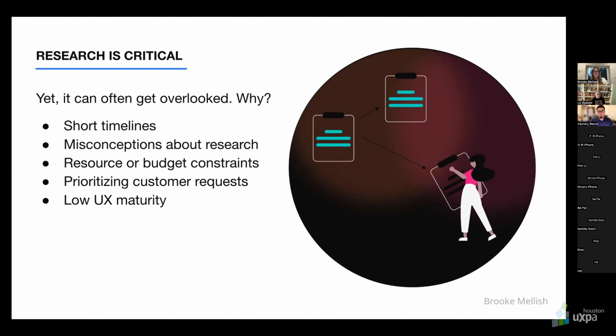Today, I'm really going to just be telling you, you don't need permission. You can do research if you're not doing it today. We can start small and we can get there. So before I get into the processes and the methods and all of that, we are going to...